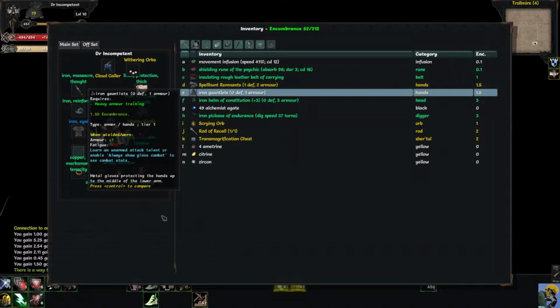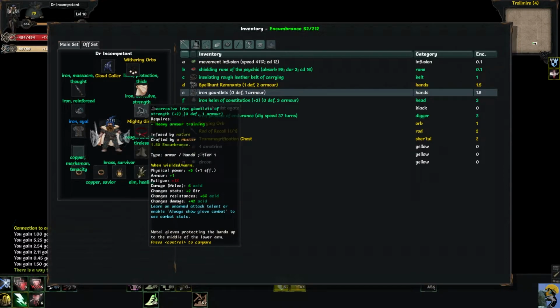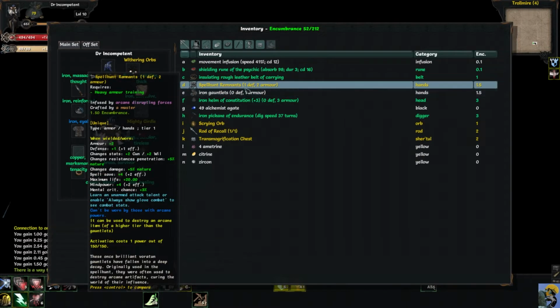So let's look at these Spell Hunt Remnants again. I have just these Corrosive Iron Gauntlets of Strength, which are actually pretty good for me. They give acid damage, strength, and some acid resistance. Change my damage a little bit. 5 physical power, and these give you armor, defense, cunning, and will. They give you some nature damage. They do give you maximum life. And then